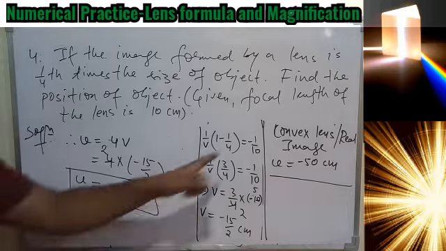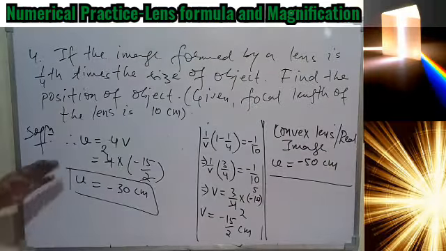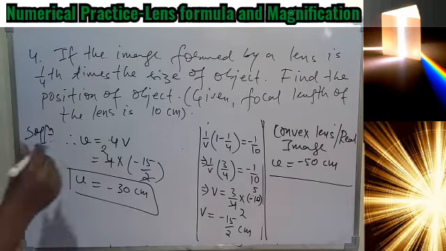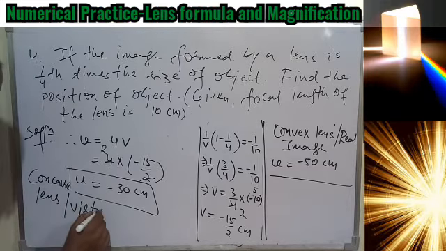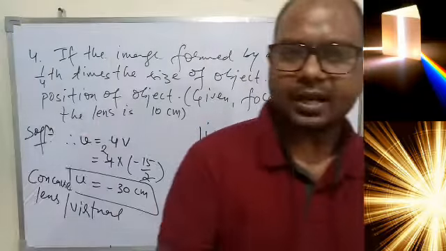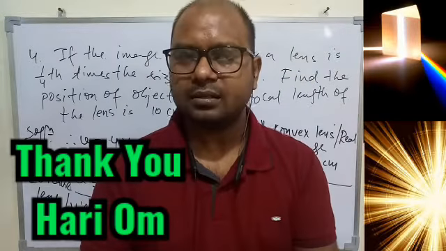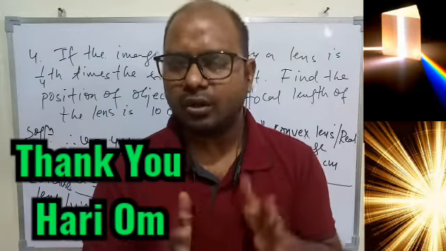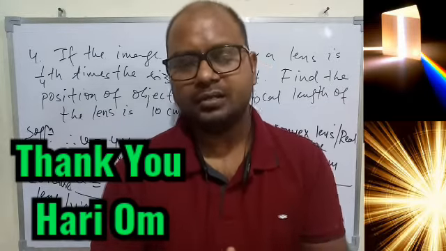So you can see, if we have a convex lens, real image, the object distance is 50 centimeter, that is negative all the time. If you have a concave lens and virtual image, the object distance is coming 30 centimeter, that is minus 30 centimeter. So I hope you understood, and try to solve rest numericals from different books you have, and get better understanding yourself, because only when you practice you get confidence and you understand how to solve and handle the numerical.